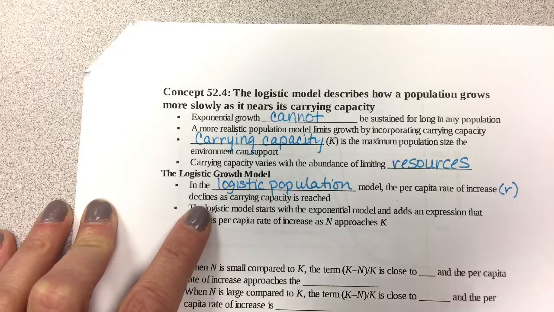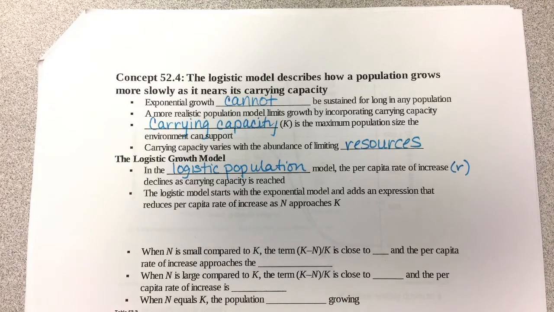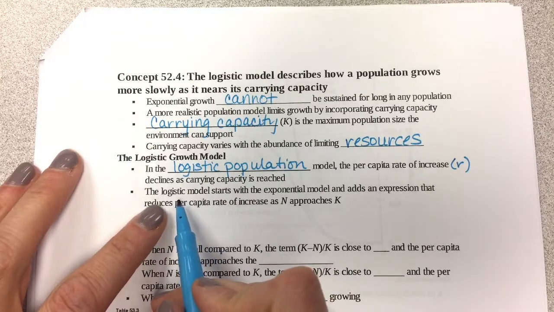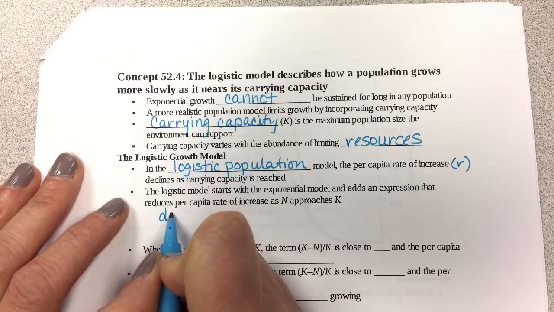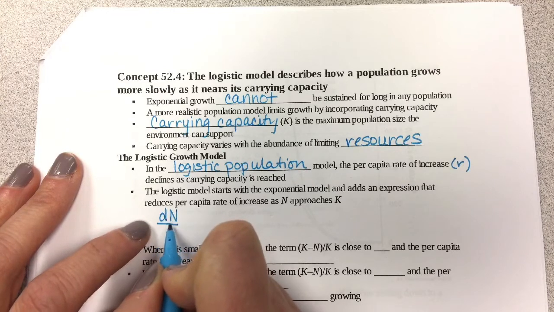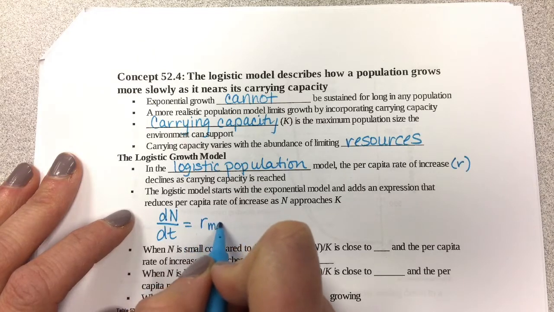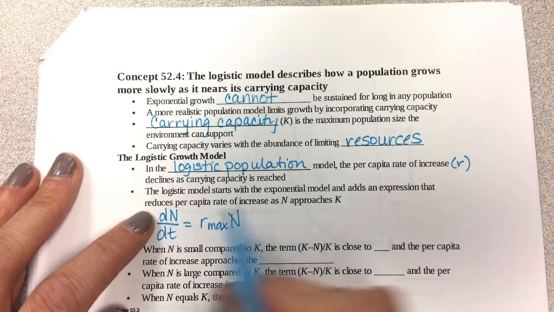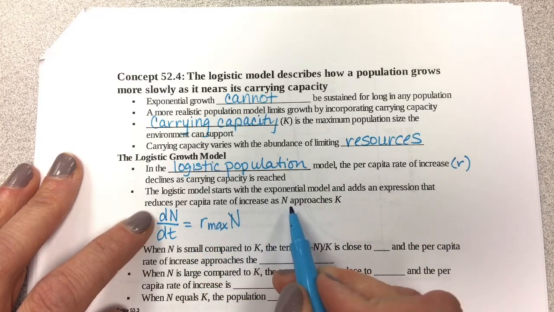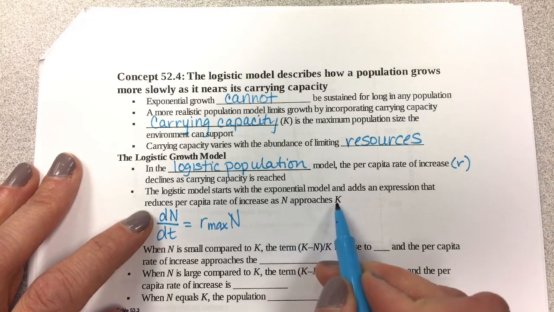So per capita rate of increase was r. So remember, it's the birth rate minus the death rate. So it begins to become closer to 0 where there's not growth. So the logistic model starts with the exponential model. So remember, the exponential model was this, the change in the population size over time is r max N. So it starts with the exponential model and adds an expression that reduces per capita rate of increase as N approaches K. So as the population size starts reaching that carrying capacity, what's going to happen is we need to